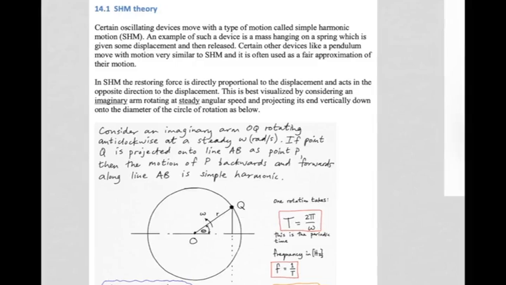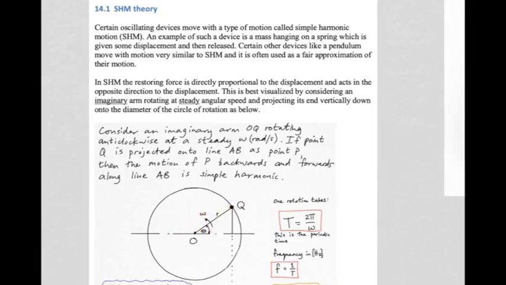Right, now this type of motion is quite complex in nature. It's not a linear change in acceleration or velocity, but it is best visualized by considering an imaginary arm rotating at a steady angular speed in this imaginary circle. So lots of imaginary things going on here, but let's picture a circle, and let's picture an arm on that circle pivoting about point O, and let's have this arm rotate at a steady angular speed of omega